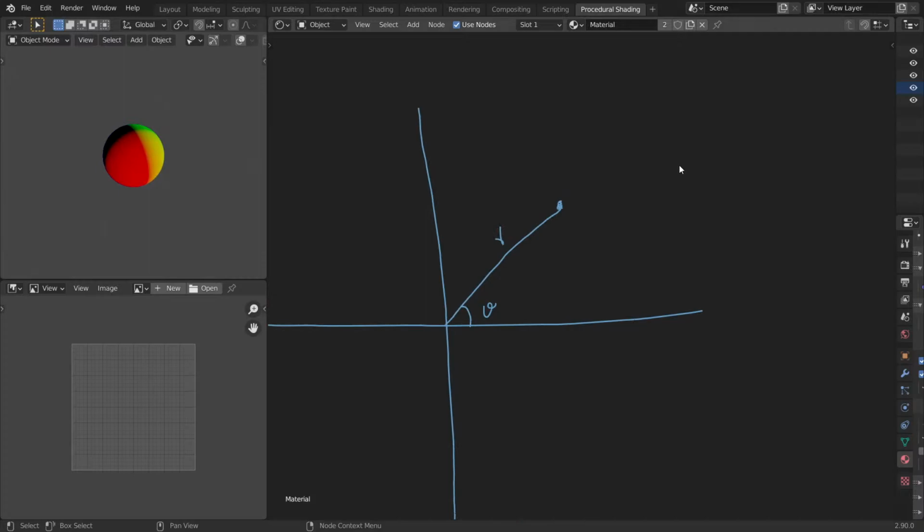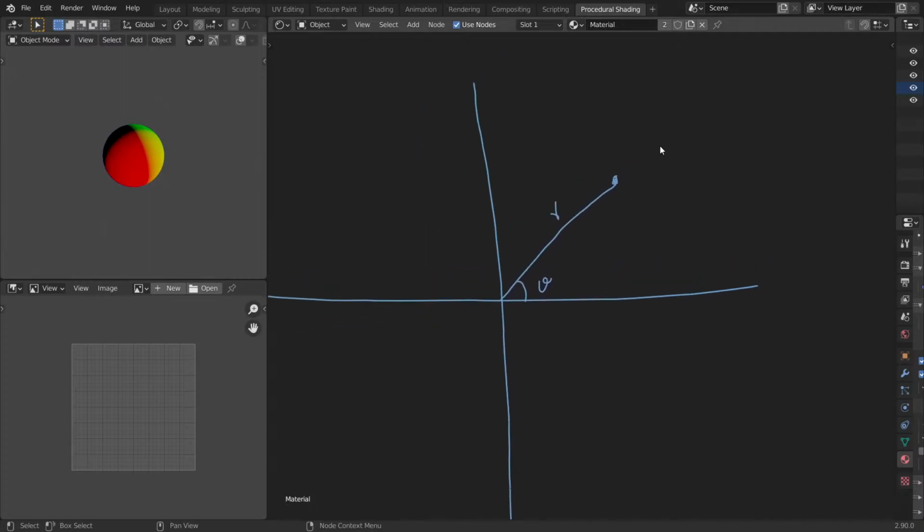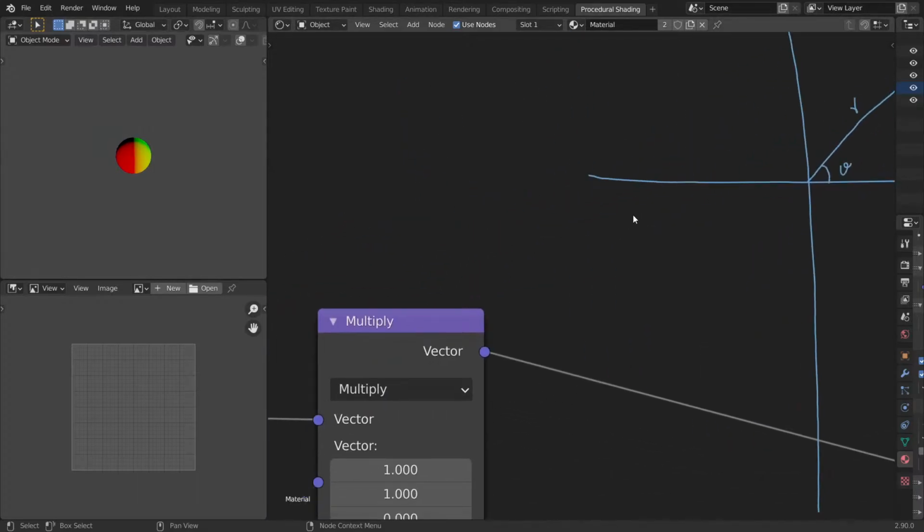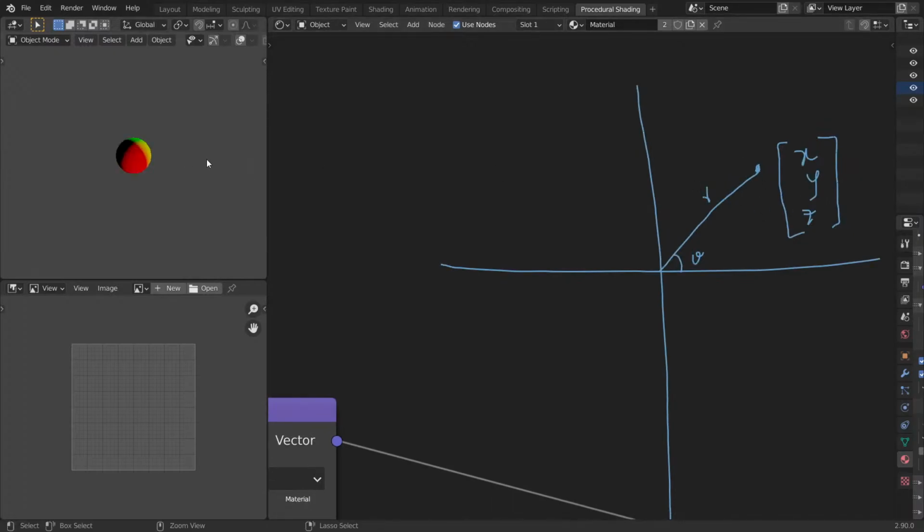So every single point in space has its own unit vector, which is represented in 3 dimensions: x, y, and z. In Blender, because these three values are nothing but the RGB values, each point is represented by a